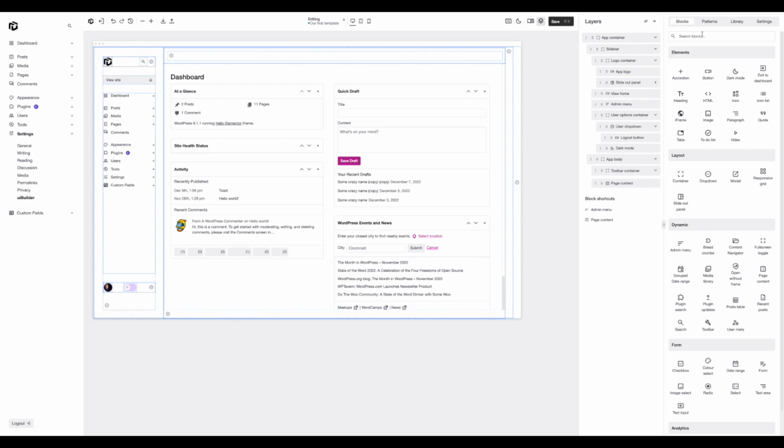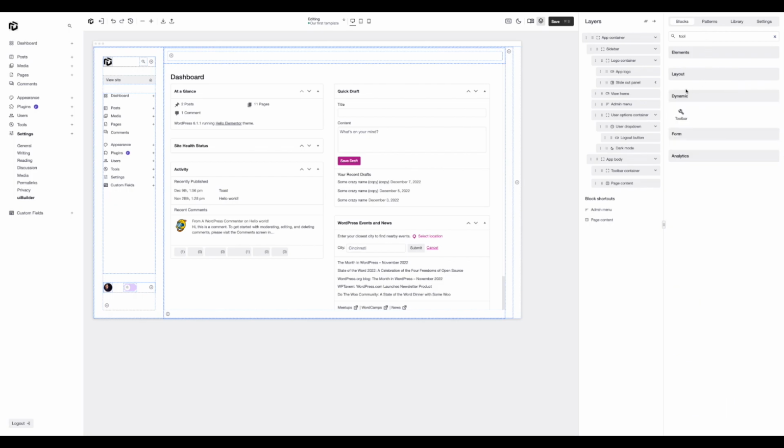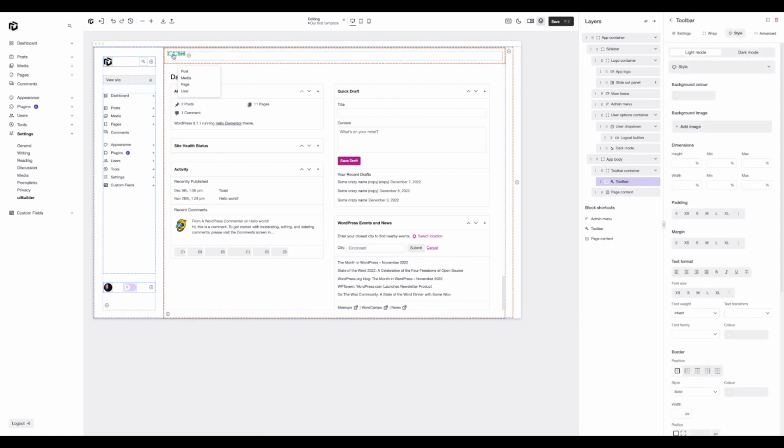Awesome. So if you're missing your WordPress toolbar that's normally at the top here, we have a block for that. So we can just add in the toolbar block. And there we go. Now there's not a lot in my toolbar right now. There's only 3 options. Because of the way